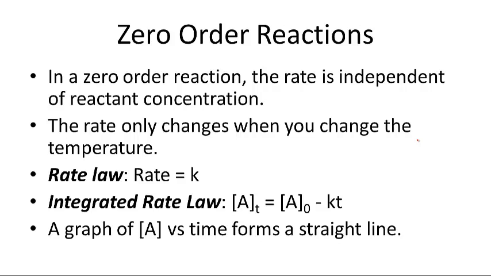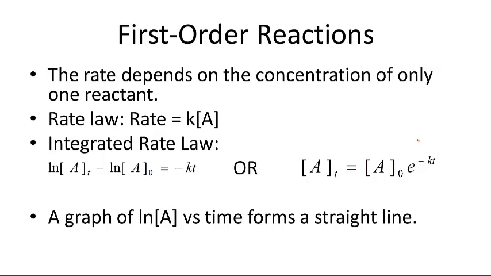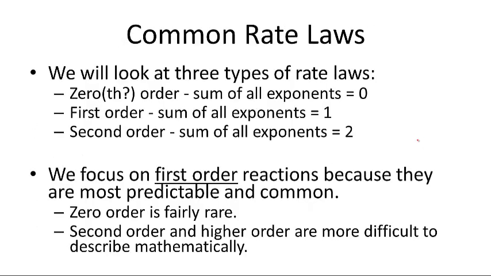So if you have a reaction that's a zero order reaction and you measure the concentration of your reactant, and you plot it versus time, it's just going to be a straight line. For a first order reaction, now the integrated rate law has this form that we looked at a minute ago, and I'm actually going to go back to the way I wrote it,